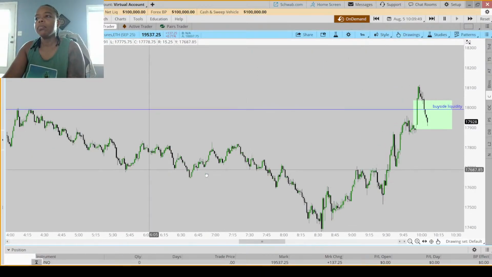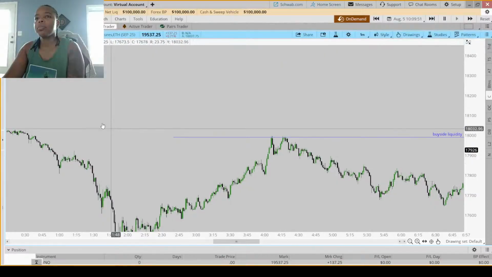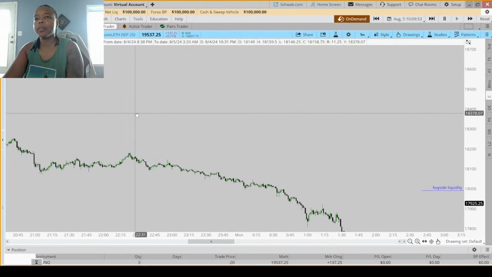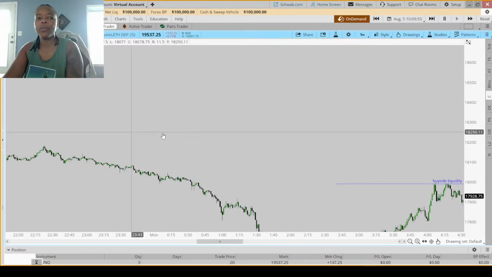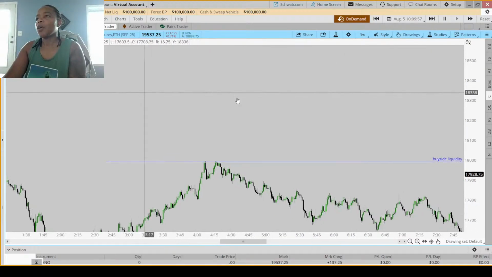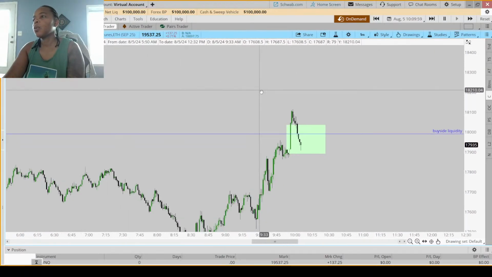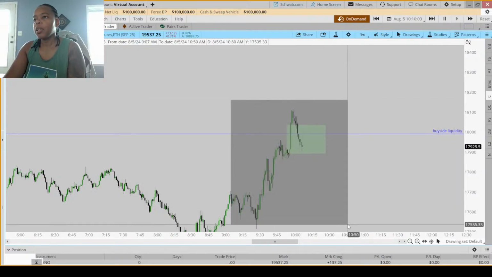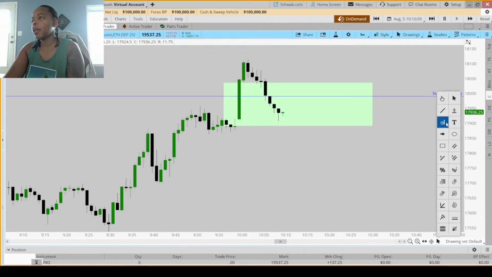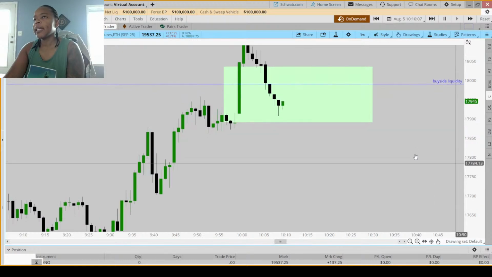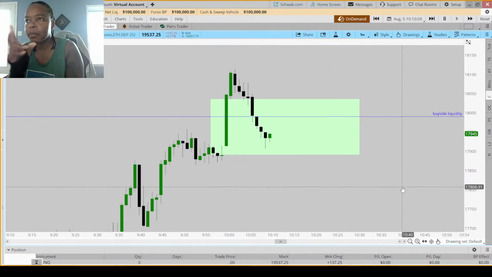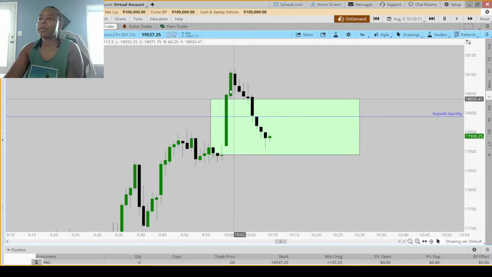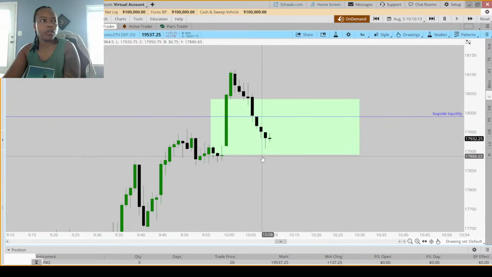Just as I'm watching the price action prior to this, it's been a slow grind down, and they haven't quite taken out the lows. So what I'm hoping for is a shift in structure that would help me get down to where I need to go. I need them to make some sort of structure here for me. Right now, they're just rebalancing this whole thing.